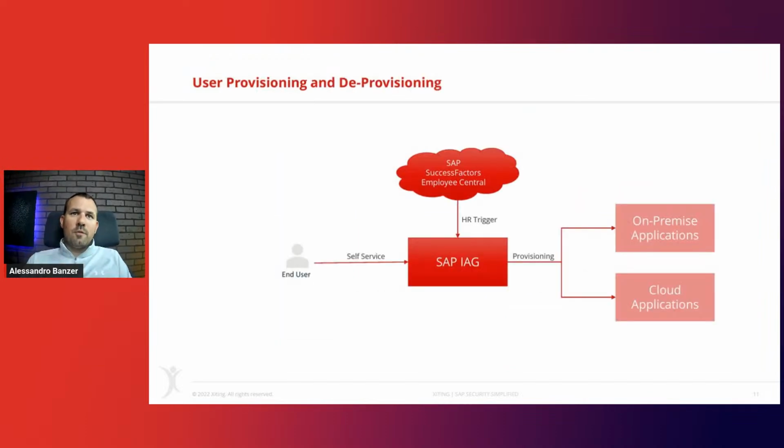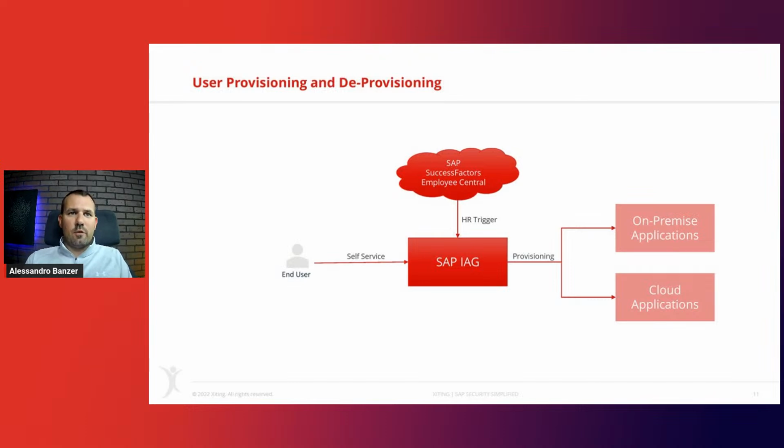When it comes to user provisioning and deprovisioning, what do we have here? We have 2 scenarios. I have 2 slides. The first one is here with just IAG only, and I put it as simple as I can. In IAG, what we can do with the access request service,